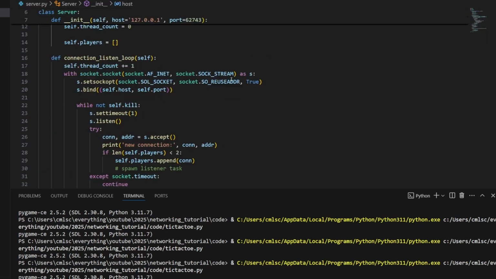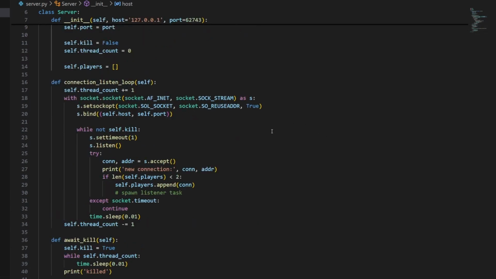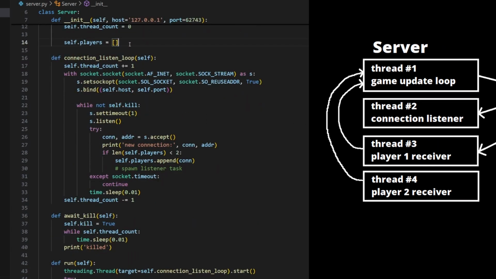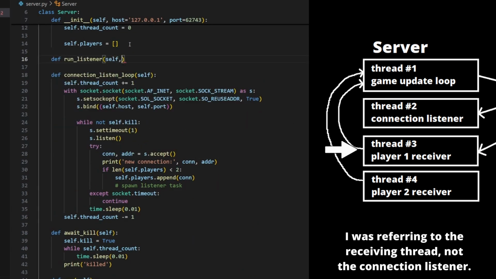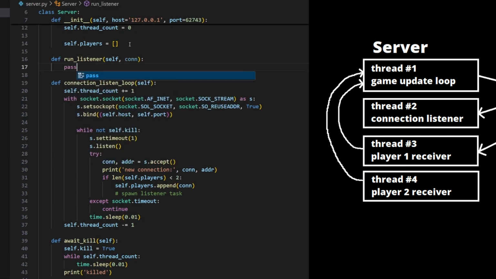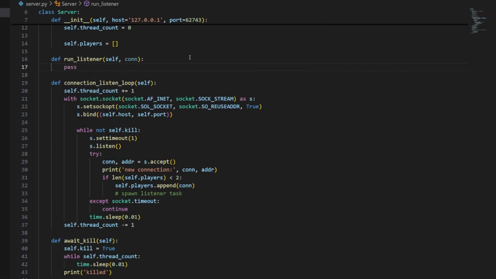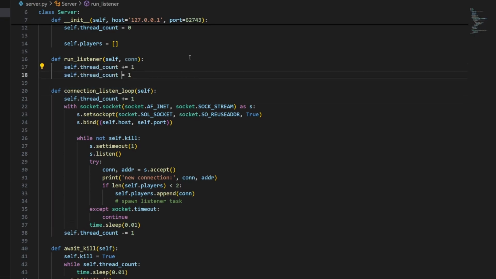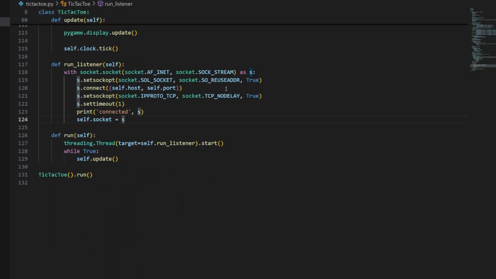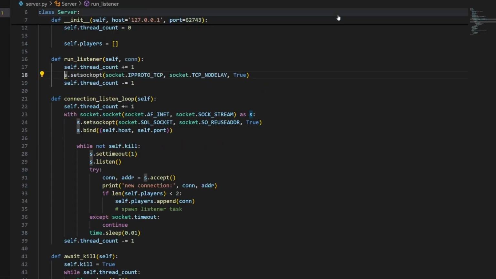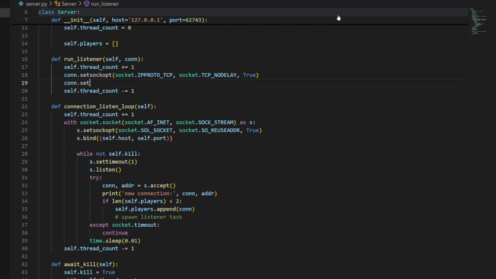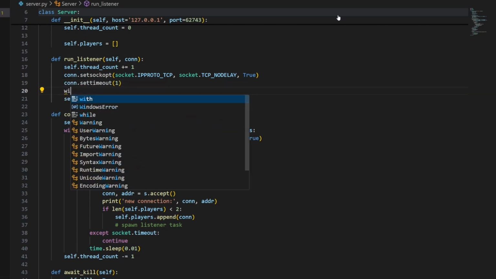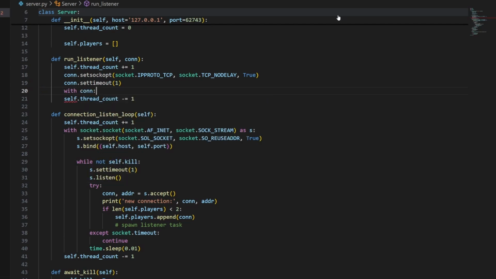All right, so now in the server, let's jump over here. What we're going to do is create our listener. So we want to create another function, self-con, and this will be called in another thread because we want it running asynchronously. So we'll add to our thread count and then subtract when we're done. We'll want to copy out this thing so that we don't have our packets getting bunched up on this connection. And then we also want to set our timeout to 1 second. And finally, with con,